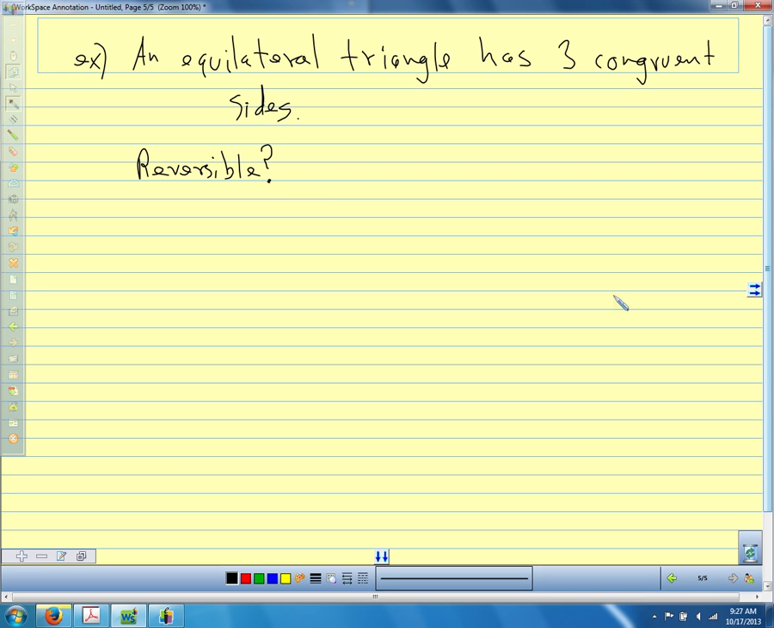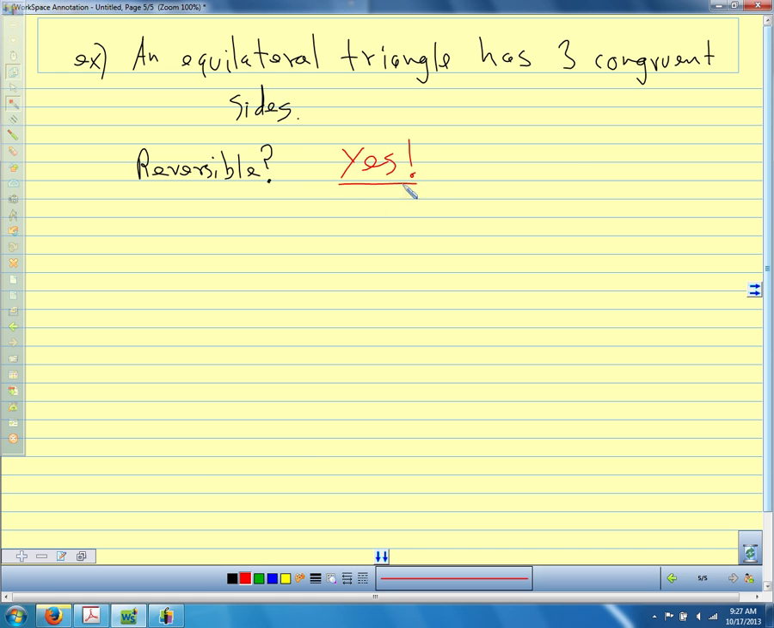So is this reversible? What this is asking us is, can we write it as a biconditional? So it's saying, can we say an equilateral triangle has three congruent sides? And can we say a triangle with three congruent sides is equilateral? Can we say that both ways and have it be true? Equilateral means three the same sides. So the answer to this would be